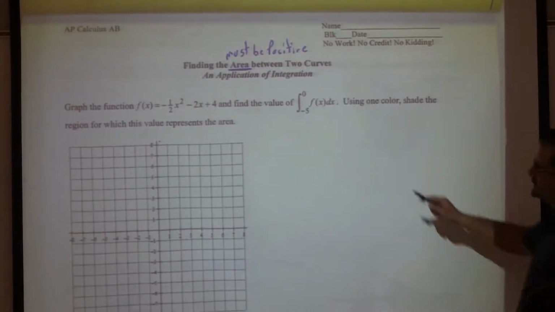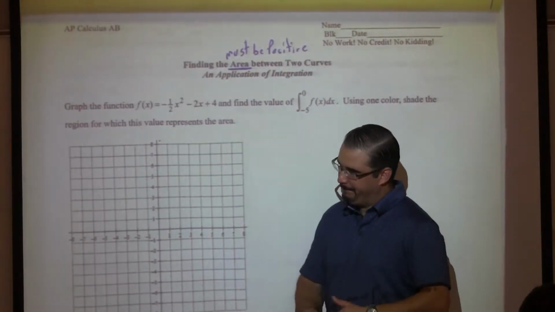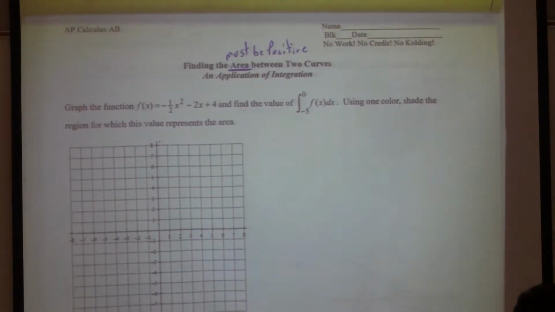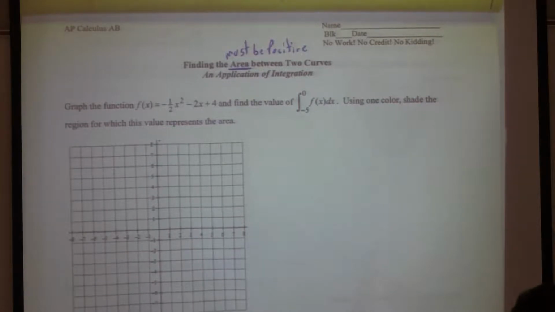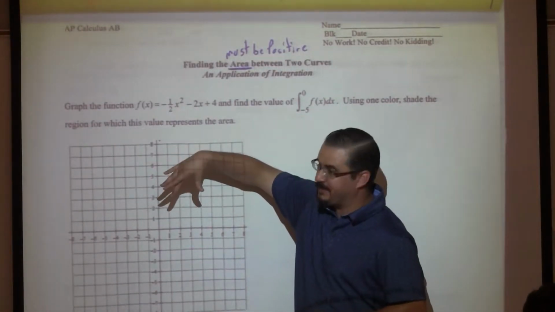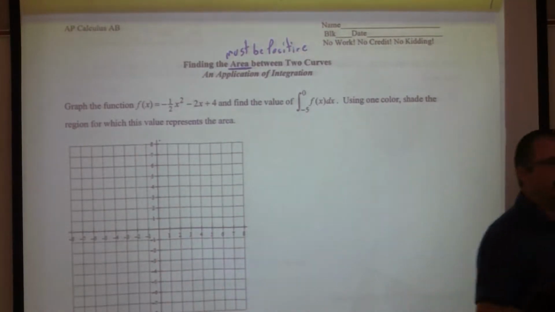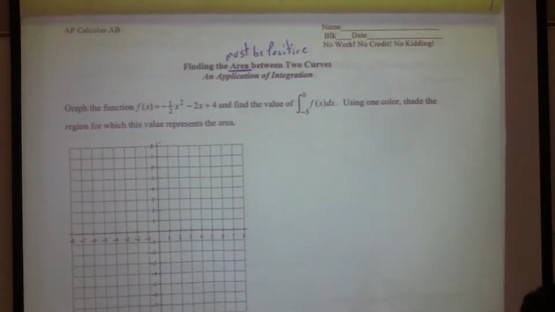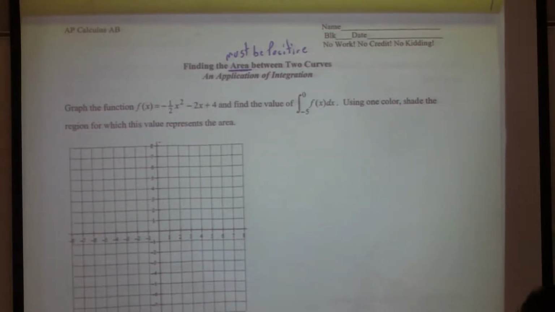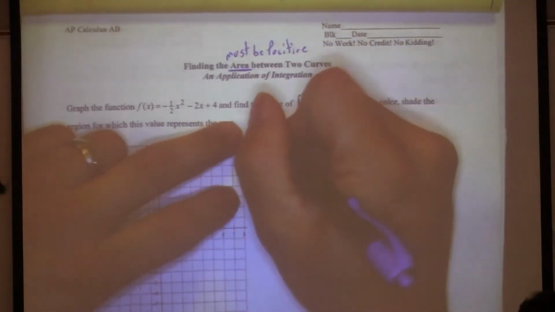Okay, we know that this is the graph of a what? A parabola. So is it gonna have a vertex? Is it gonna have a maximum or a minimum? This one's gonna have a max because it's negative, so it means it's opening what? Downward. Downward, right? How would I find that maximum without having to do what I did in Algebra 2 and in Pre-Calc? I could use the derivative, right, to find that maximum? Because that would be where the derivative was equal to what? To 0, okay? So let's find that vertex